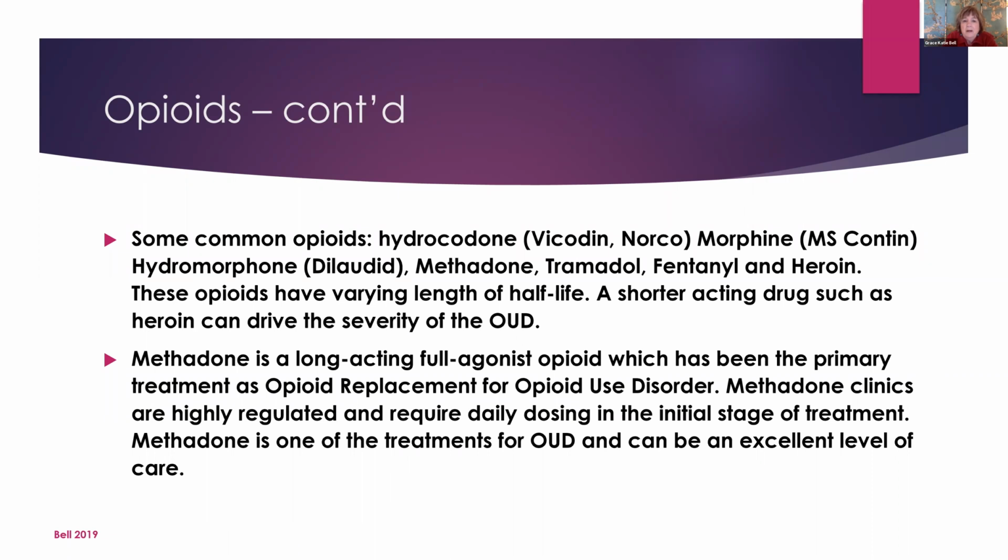Some common full agonist opioids: hydrocodone, morphine, also MS-Contin, hydromorphone, Dilaudid, which has been a very popular diverted drug, methadone, tramadol, fentanyl, and heroin. These opioids have a varying length of half-life. A shorter acting drug, such as heroin, can drive the severity of the opiate use disorder. So if you look at this list of common full agonist opioids, you can see that